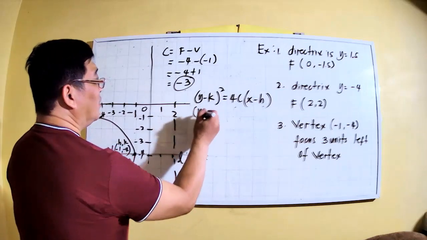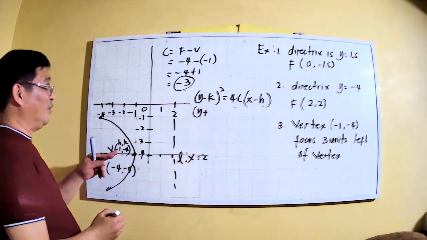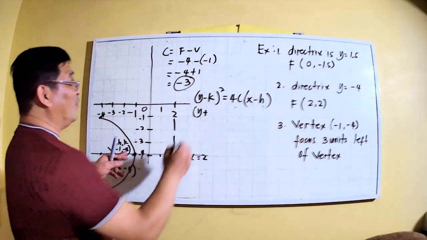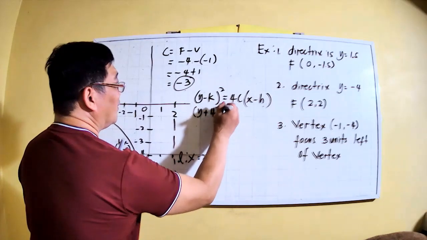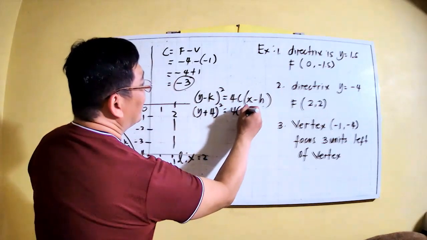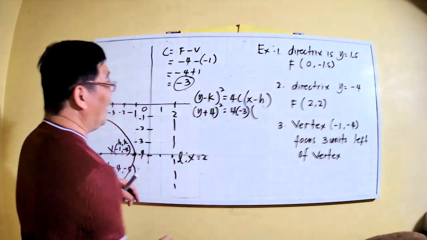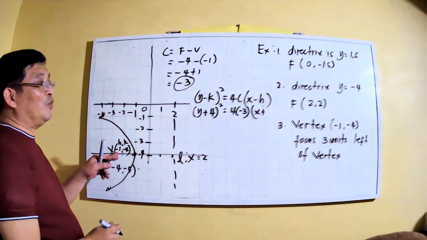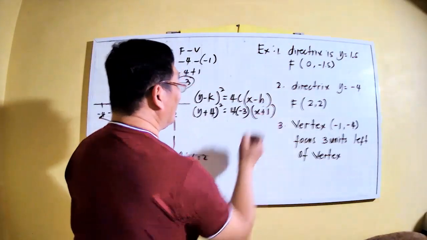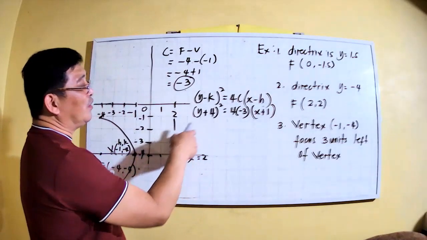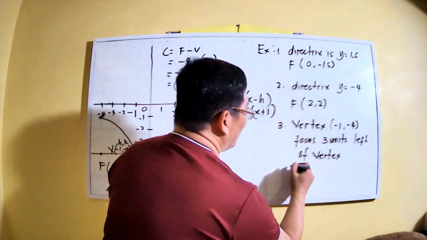Y, magiging plus yan kung negative dito. Ang y dito, value is Y coordinate is negative 4 plus 4 square is equals to 4. Our C is negative 3 and x minus, dahil negative 1 ito, magiging positive 1 dito sa equation. And then let's simplify. Y plus 4 times y plus 4, Paul method,